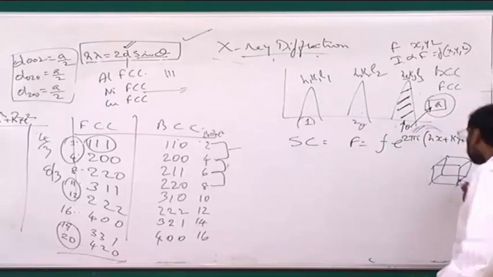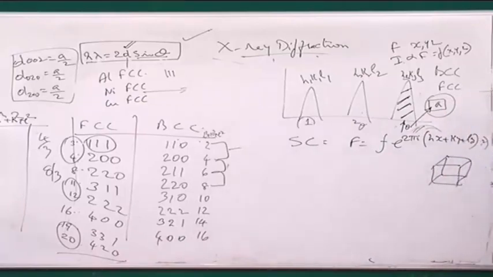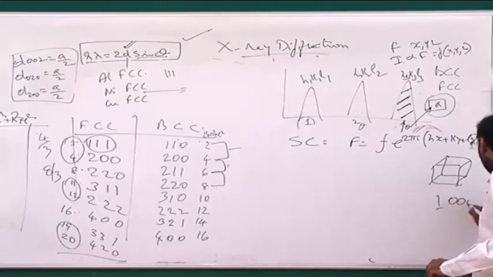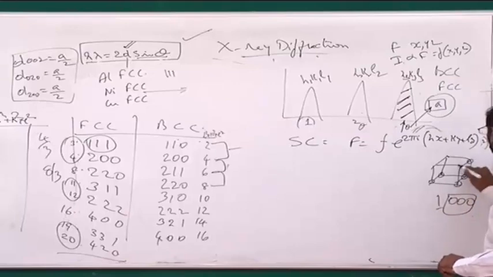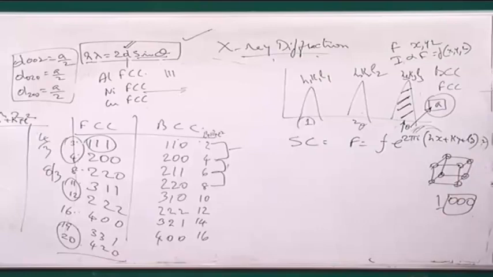how many lattice points are there per unit cell? There is only one. What is its position? It is 0, 0, 0, because they are only at the corners. There is no atom or lattice point inside the unit cell. There is only one lattice point, so it is 0, 0, 0.